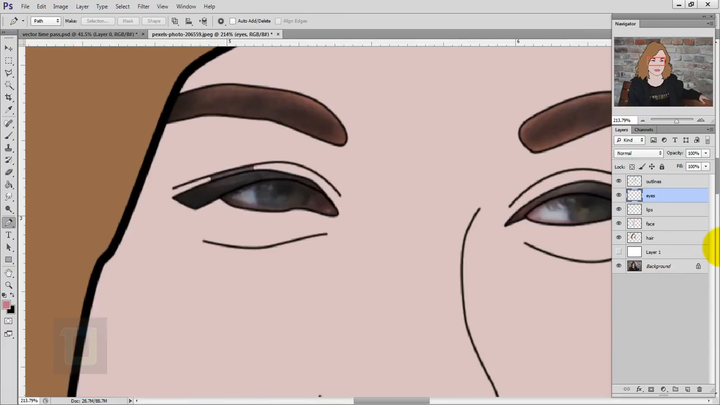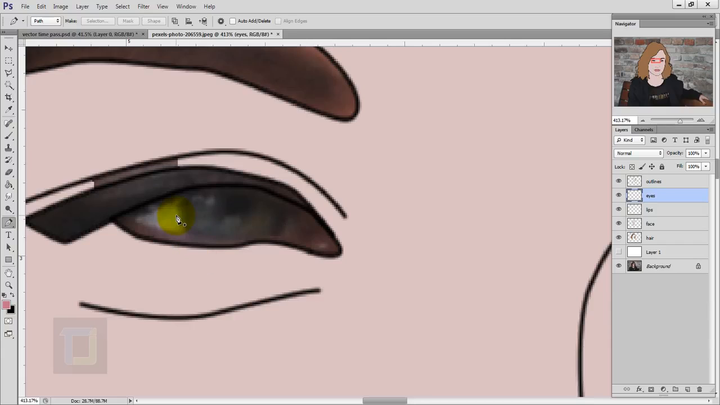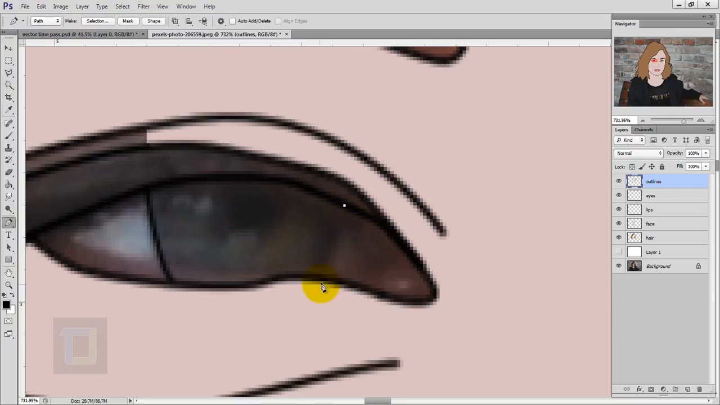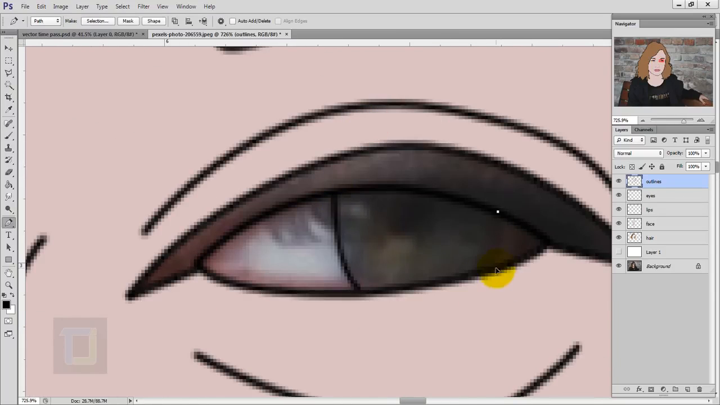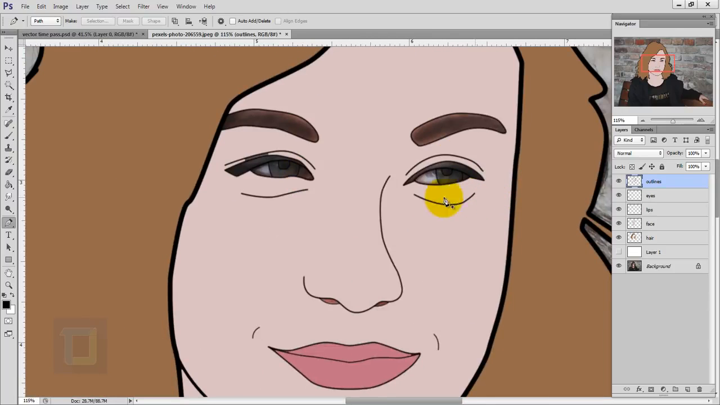Now as you can see, it was a mistake on my side and I forgot to draw in details of the iris. So for that, I'm just gonna simply select my outline and quickly make some strokes. Okay, now better, and let's fill in the colors. So activate your eye layer and